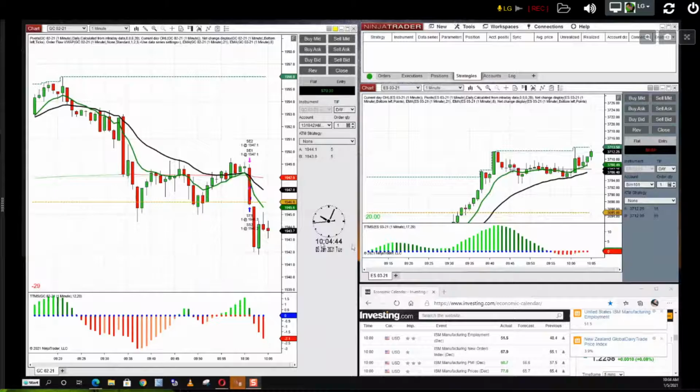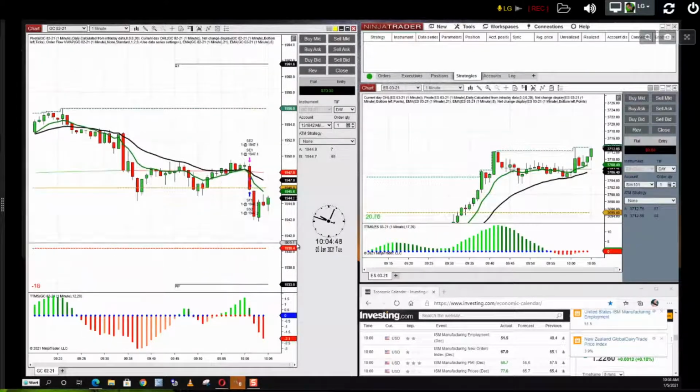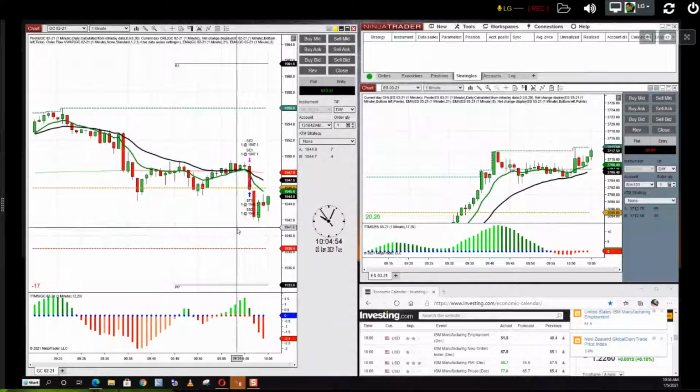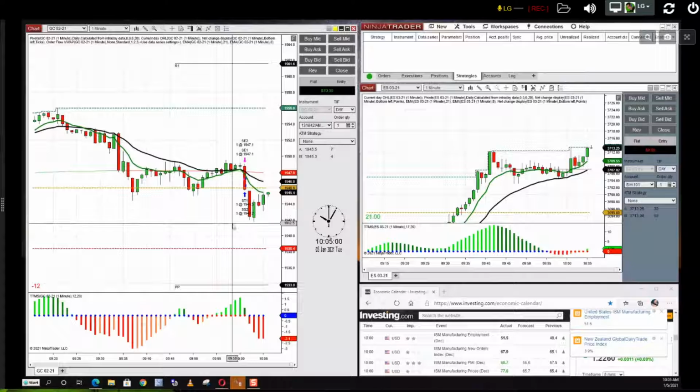So gold did somewhat of a reversal. You don't really have a level. You do have the low of the day there, okay? You are quite a few ticks away from it, not close enough for me to take that reversal. But the ES,